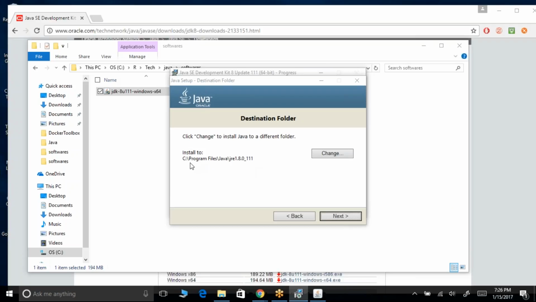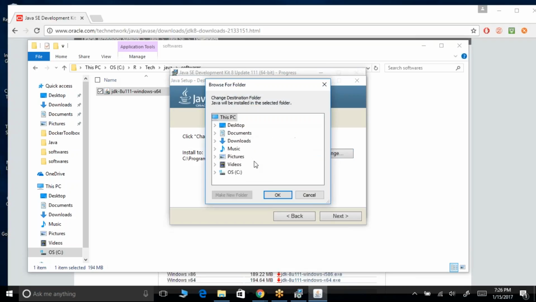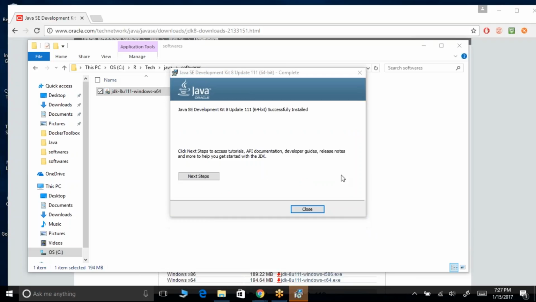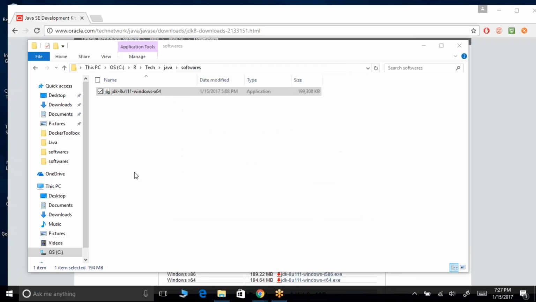Once the installation of JDK is done, it tries to install JRE. Again, it shows a default location for installing JRE. I'm going to change this default location to a specific folder, OS installations Java. Inside this Java folder, I will have installed the JDK. Same in this folder under Java, let me create a new folder and rename it as JRE. Name it as JRE, say OK. This is the location that I'm using to install JRE. Again, say next. Once the installation of JRE is also done, we can close this pop-up